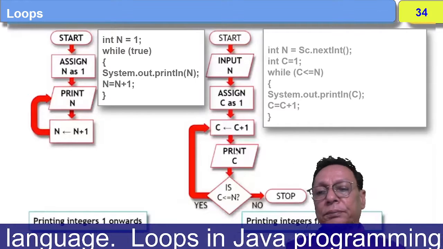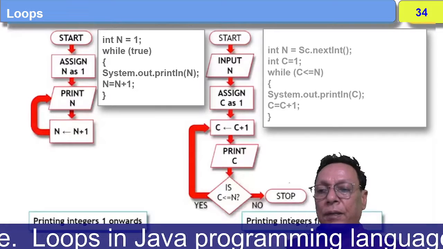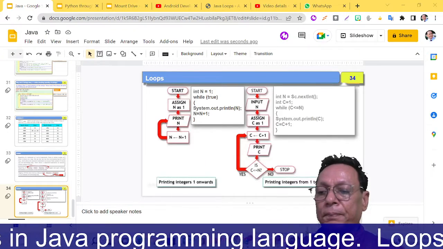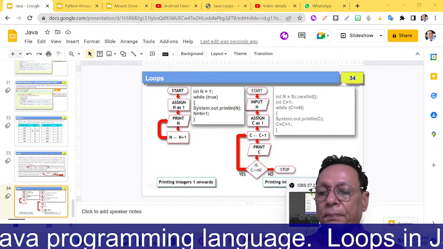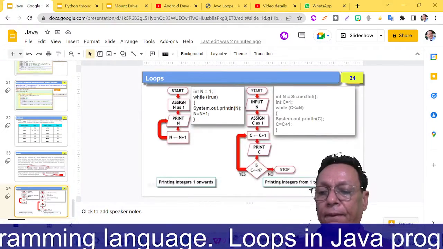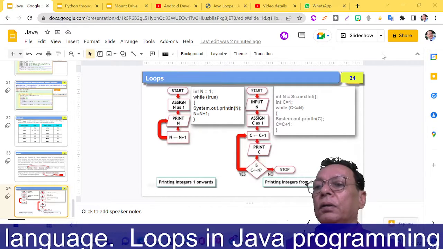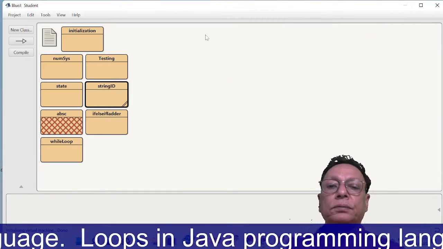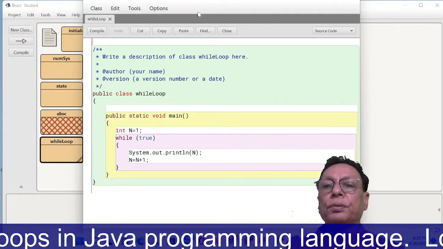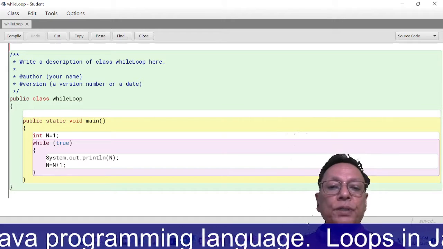So I'm going to demonstrate this in Java, and for that I'm going to take you to Java. So I have to load Java. So this is Java here, and over here I wanted to show you the demo. So see here,